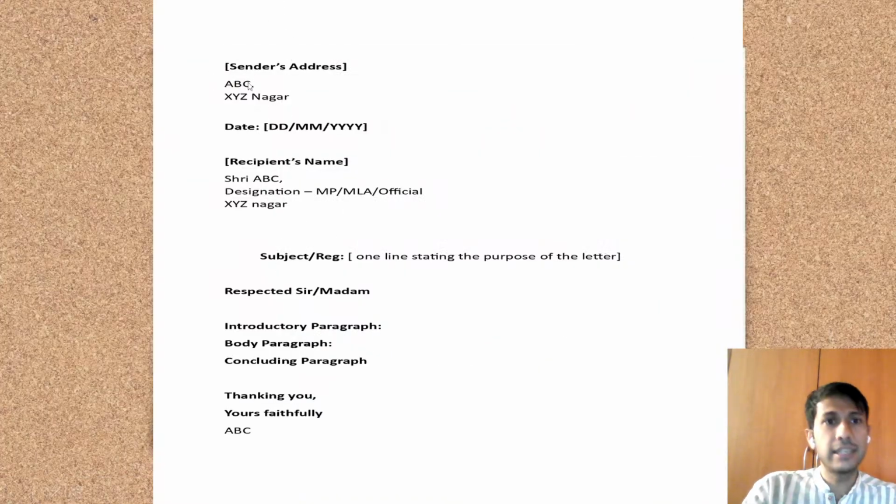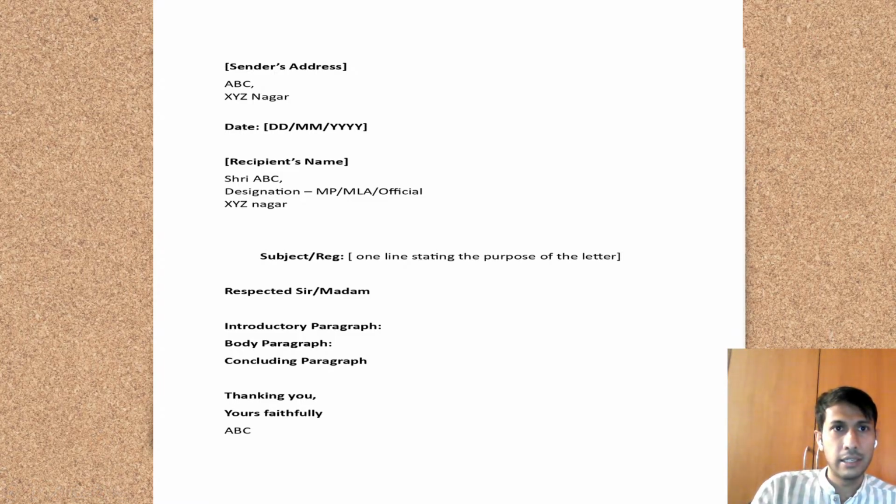In the sender's address, you start with your own, so let's say ABC, XYZ Nagar or XYZ locality. That is enough. No need to mention Delhi, Bangalore, Ahmednagar or Mumbai,